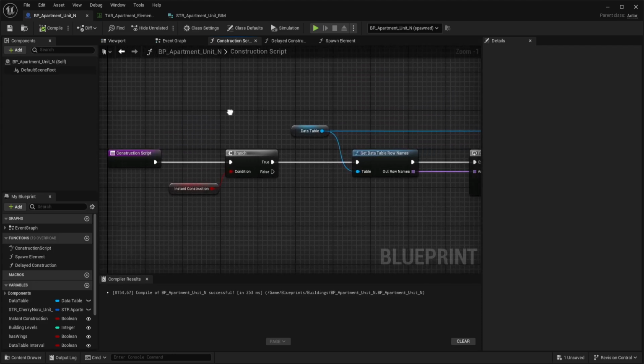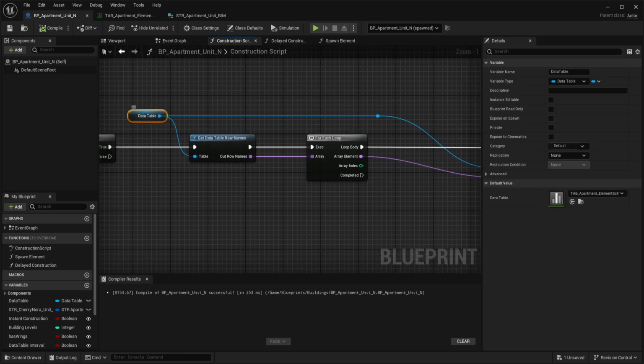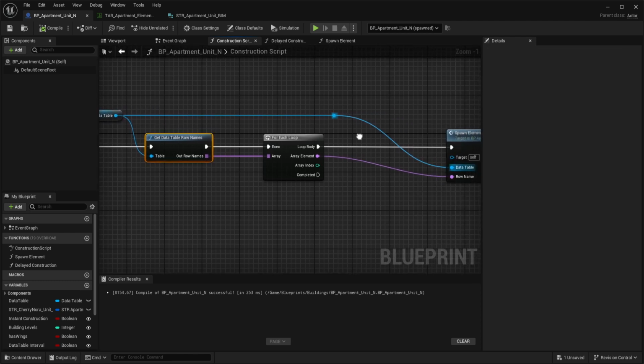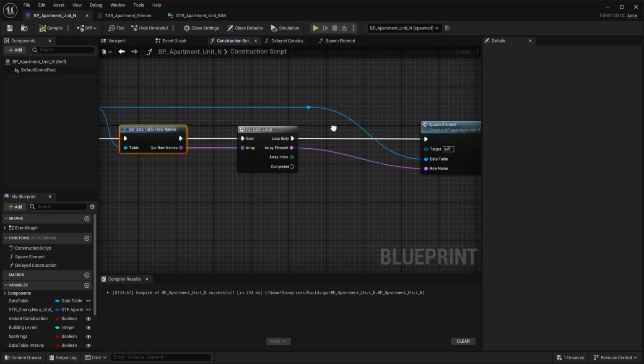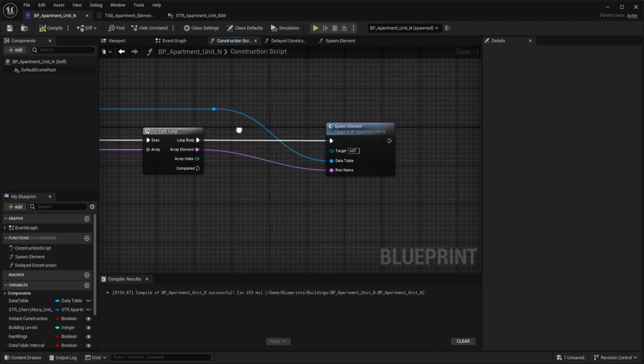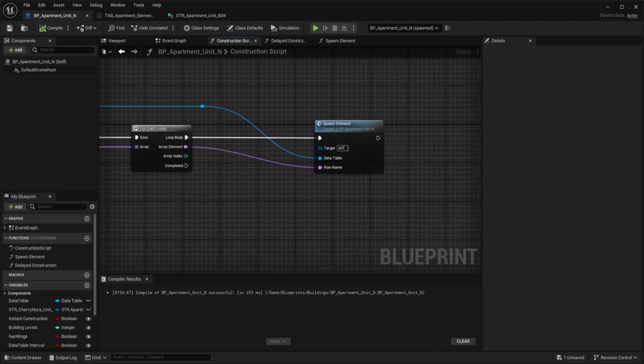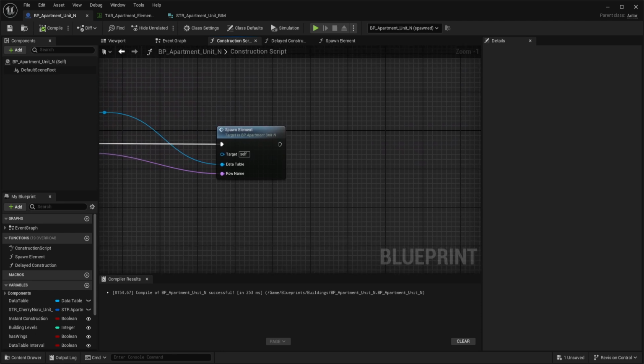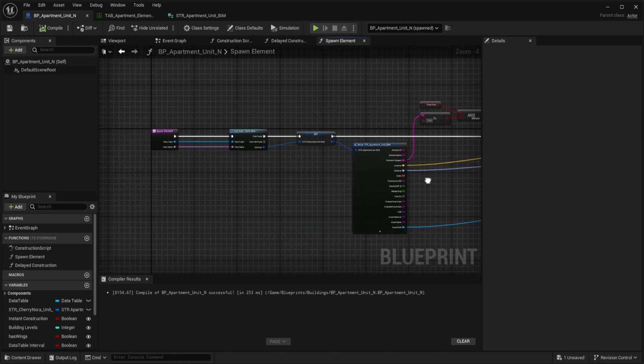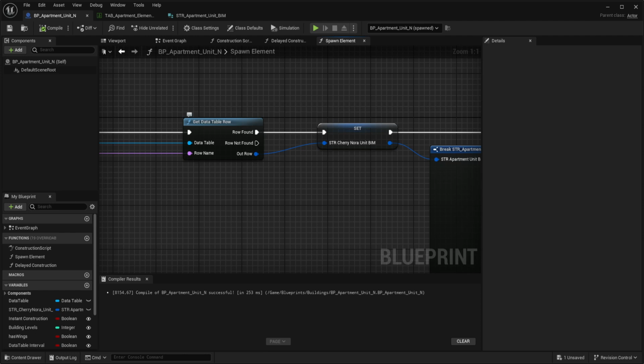In the construction graph, we need a variable of data type, a data table, and then use that so that we can load the table, getting all the row names. Then I loop through it and spawn the element, which is a custom function, then I get a single row,